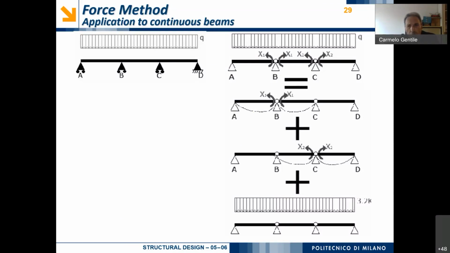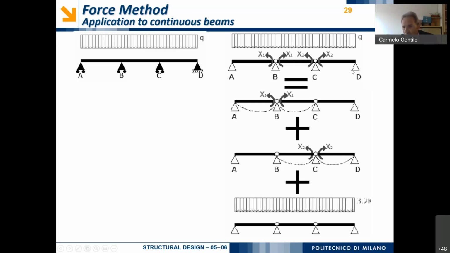The application to continuous beam is probably the most important application because first of all, we can obtain a generalized approach because you see our structure is made by a series of beams, and so it is possible to make